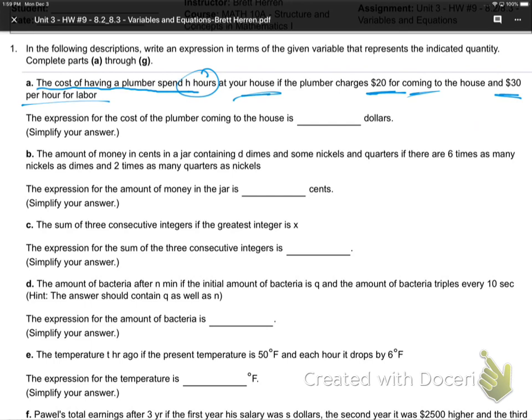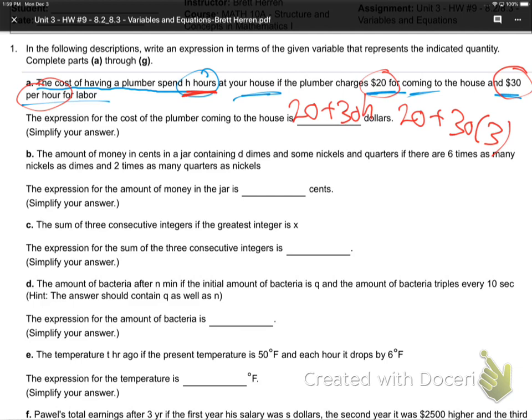What's the formula? It's $20 for the plumber to come out to your house, and it's $30 per hour, H hours at your house. What's the formula for what it's going to cost? 20 plus 30H. Yeah, that's right. Is that making sense? So if the plumber was at your house for 3 hours, wouldn't it be $20 for coming plus 30 times 3, for example? Right? If H was 3 hours